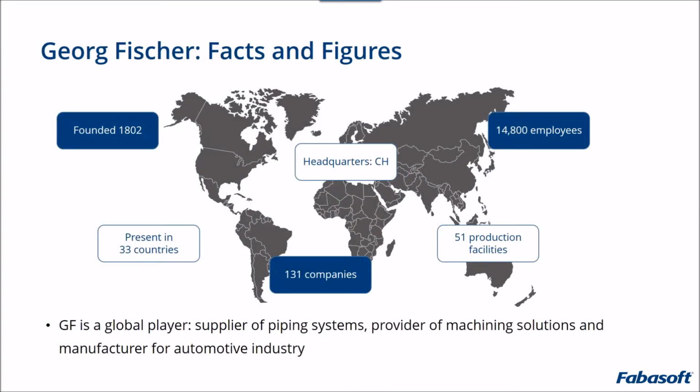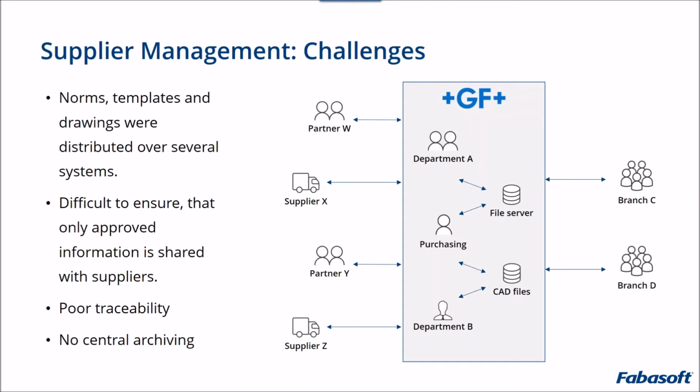Georg Fischer is in the automotive industry. They are a worldwide company with about 15,000 employees. And of course, they have exactly the challenge Cheryl mentioned, to digitize the business processes, not only internally, but especially incorporating their business partners, suppliers, the OEMs, the automotive industry, and so on. And